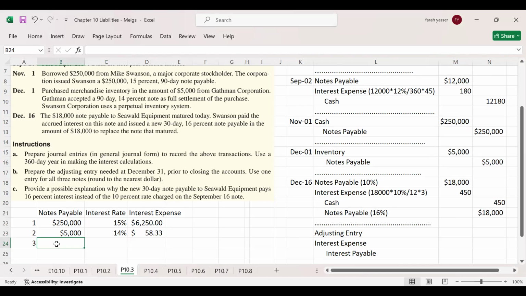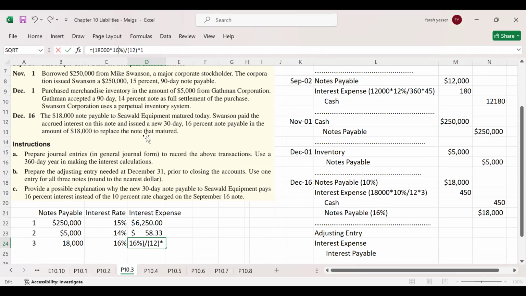Next note, which we have converted, the old 18,000 note into a new 18,000 note. So this is $18,000. The rate of interest on this note payable is 16%. And how are we going to calculate the interest on it? The total amount is 18,000. The rate of interest is 16%, and the total interest is,